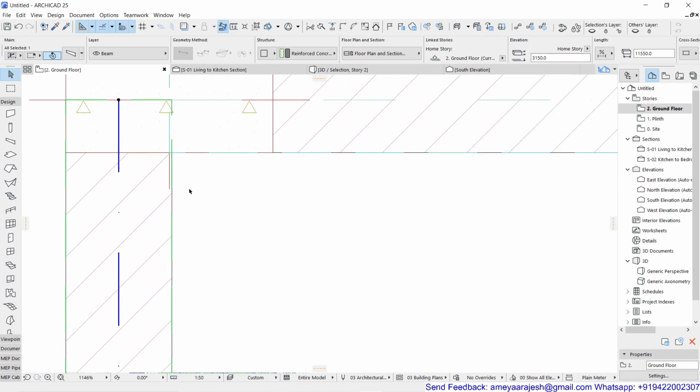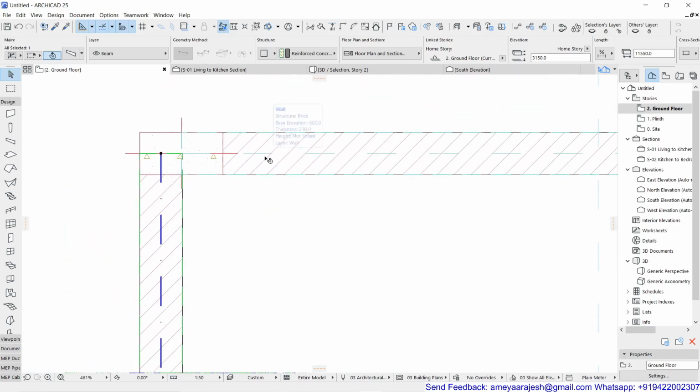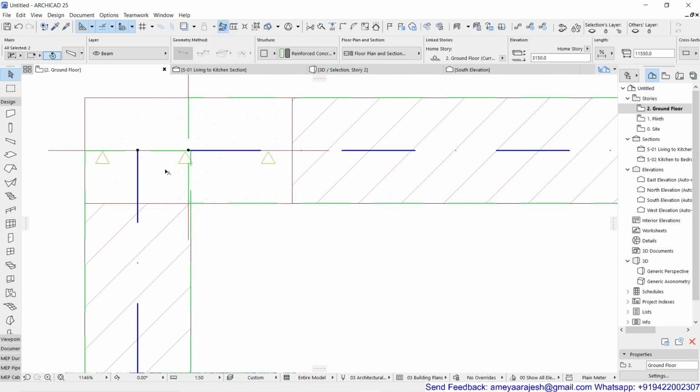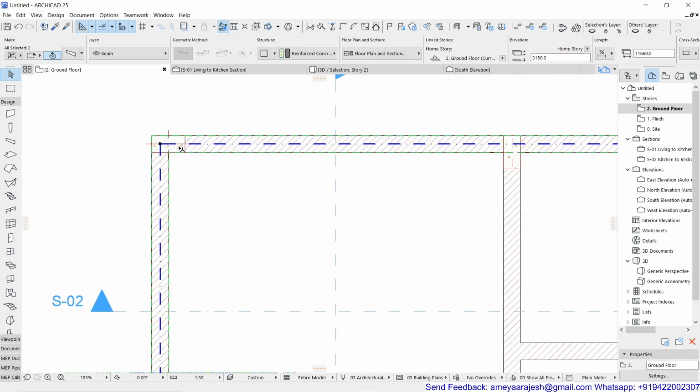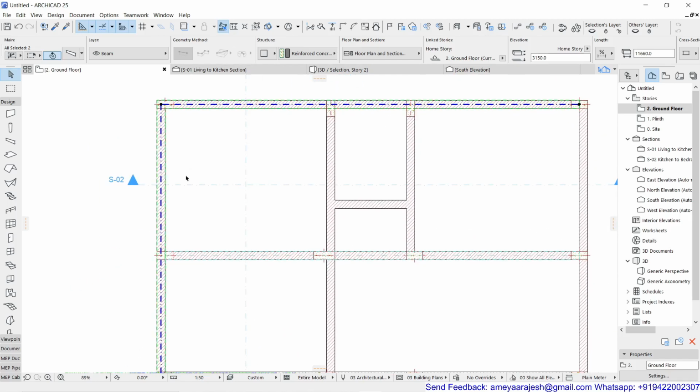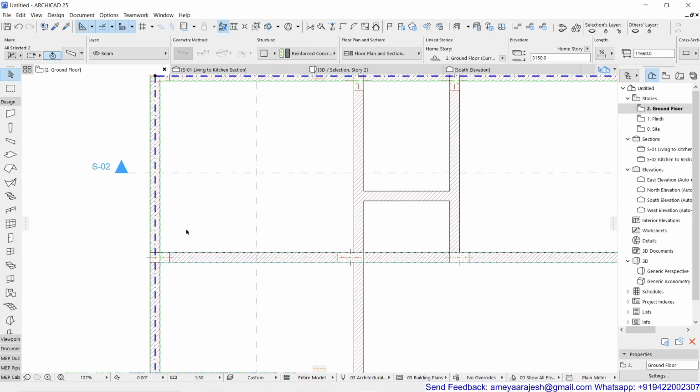Later I have to make sure that the reference axes for the beams are intersected. This is a very important thing. You should always remember about this, because this will help you to complete the analysis of your structure properly.